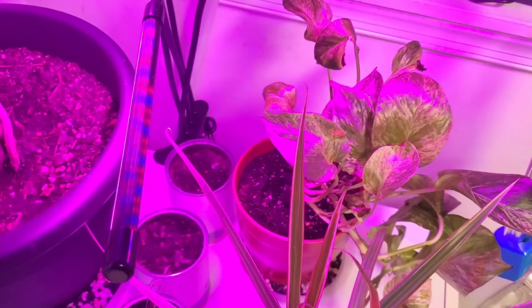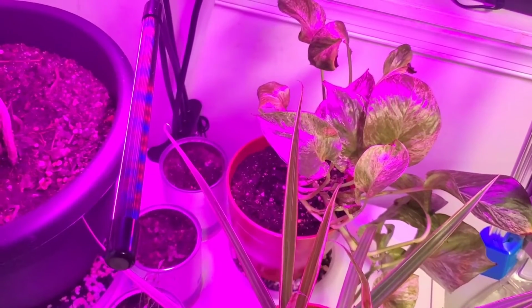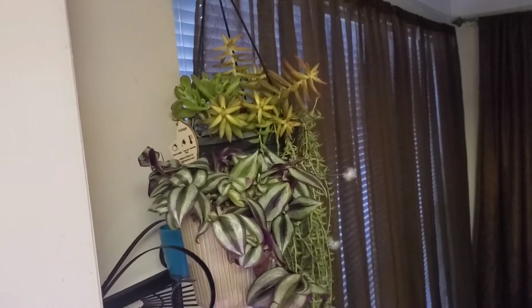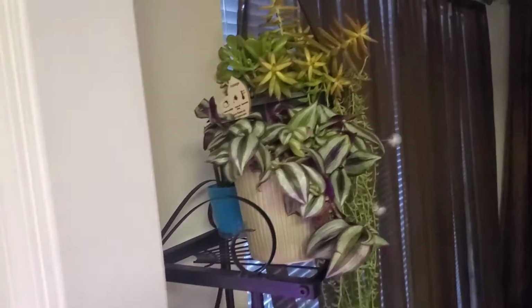I have a couple other plants. I have a snake plant that I just got from Lidl that's really tiny. And then I have that guy up there. That's a wandering Jew. My snake plant is right behind it. And then I have a succulent thing that usually is outside, but I brought it in for the winter. So these are my little